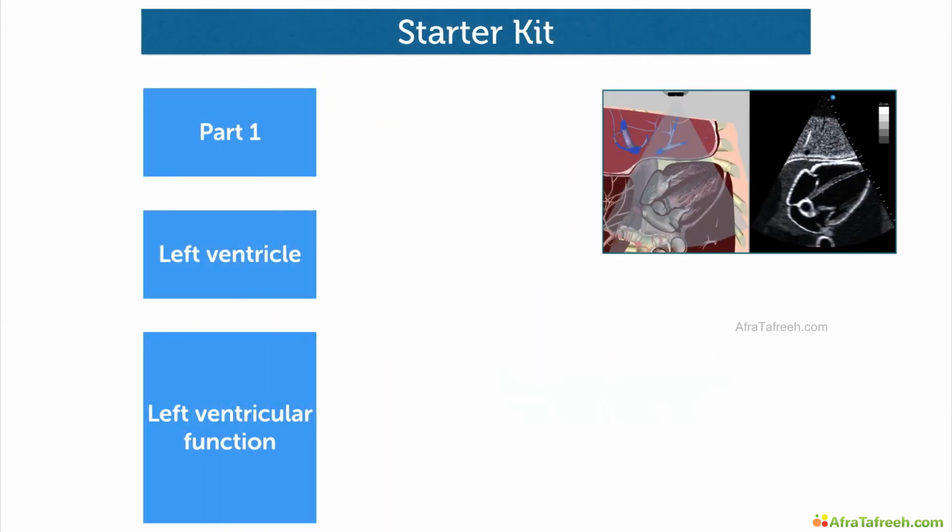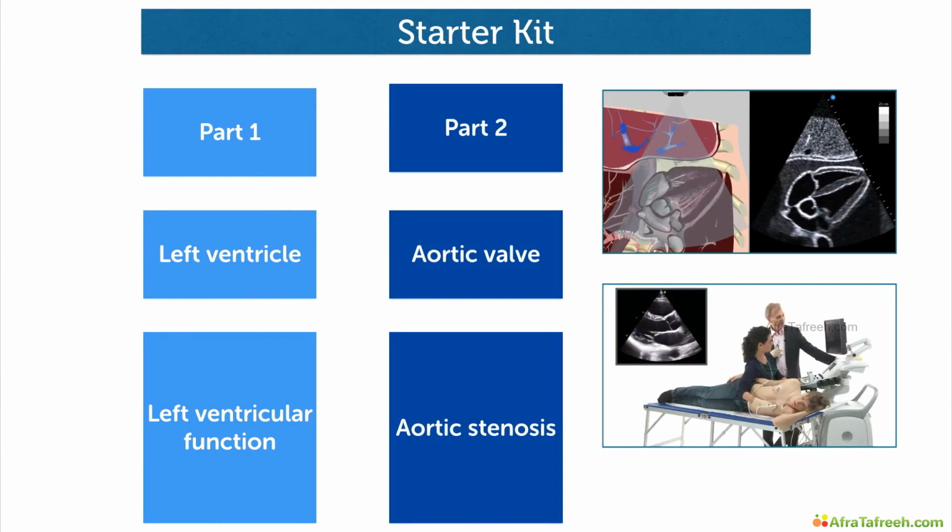Hello and welcome back. This is the third and last part of our Echo Starter Kit. In part 1, we showed you how to quantify left ventricular function. In part 2, we talked about aortic stenosis, and now we'll talk about another topic. But before we do so, you can always go back to the old lectures. You have them in your inbox, and you have them on our webpage. So if you want to look at them again, just go to them. And now, I will hand it over to Anna and let her review some of the things we saw